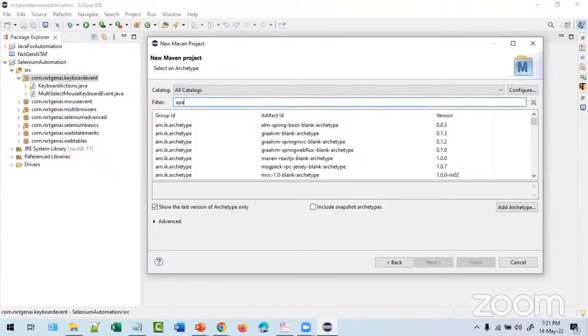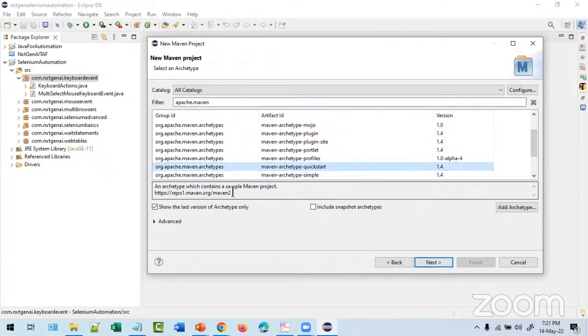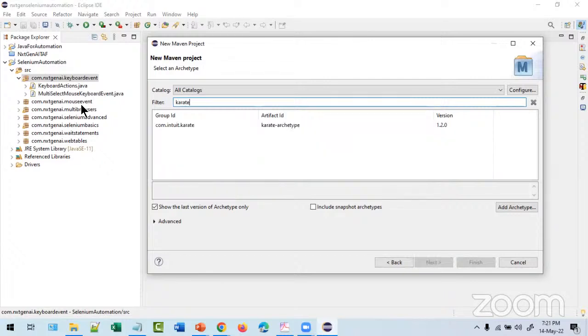Apache dot Maven. We'll get this. See, where is that? Quickstart 1.4. Maven archetype quickstart. You must select this only. In future, we may work with the Karate framework. You have to use this artifact ID.